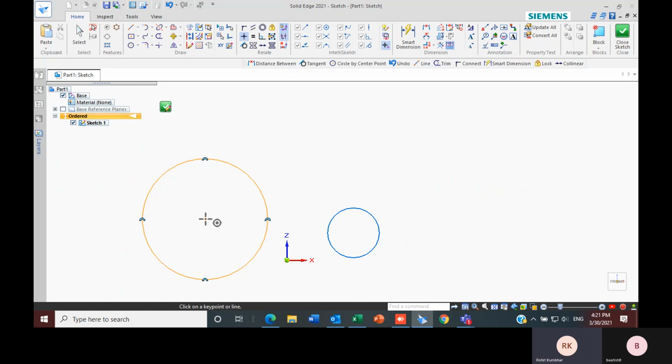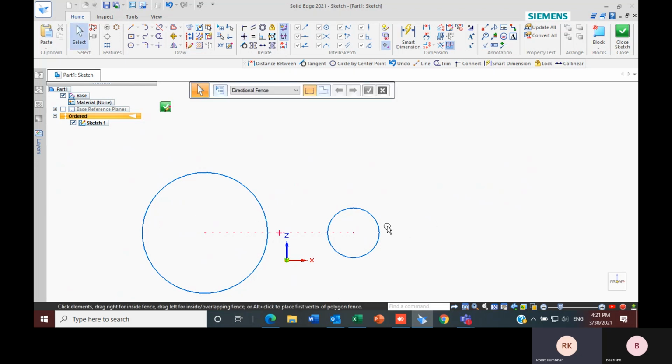In this way, I select this center point for the reference, then I select the center point of this one. So as you can see, the center points of these two circles become horizontal to each other. So this way I can apply the horizontal or vertical relationship also.